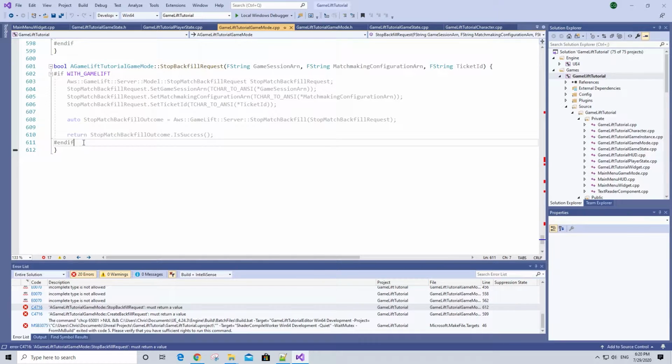So type at the end of this method return false. Now to fix the other build error, which says a GameLift tutorial game mode create backfill request must return a value,